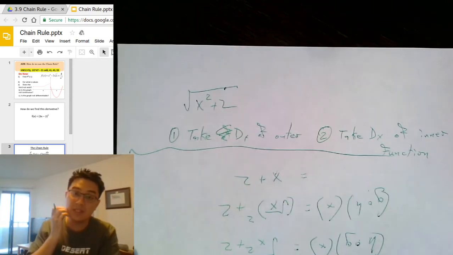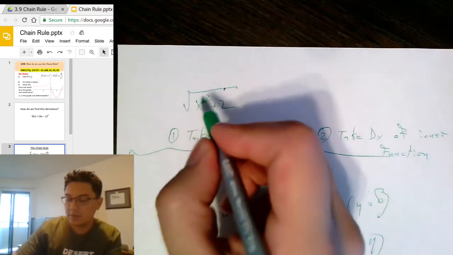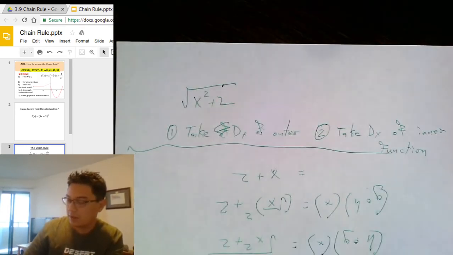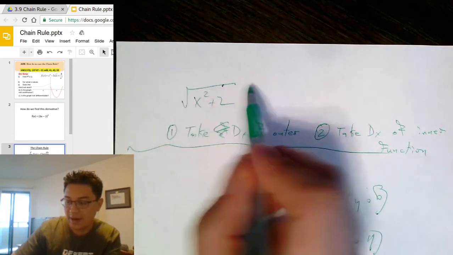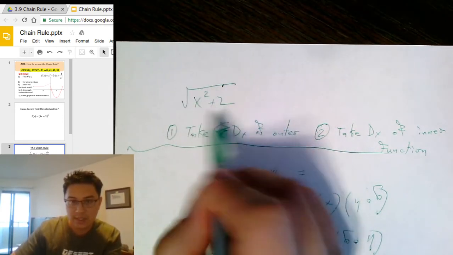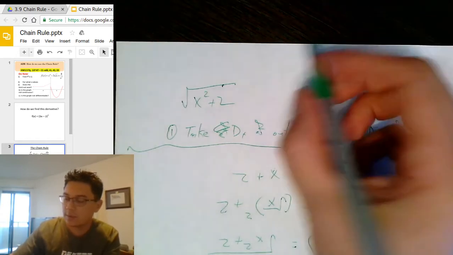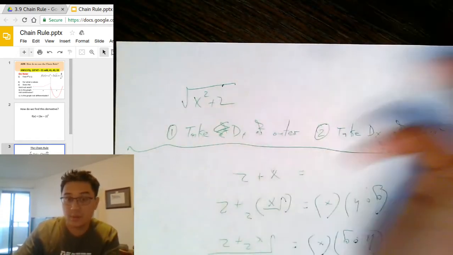Okay, so for this particular example, we have two functions here. The first function, the outer function, is the square root of x, and we have x squared plus 2 on the inside. So what we're going to do is take the derivative of the square root of x, which, as you will recall,